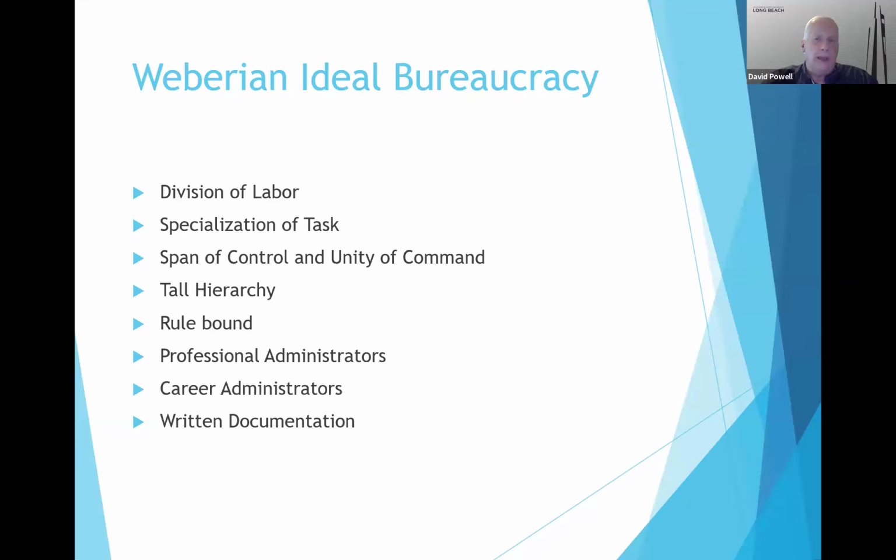It is also rule bound in that the decisions being made in that organization, because we are basing our decisions on a legal, rational type of approach, are going to be based on rules and regulations. The good thing about using rules and regulations is you can protect individual rights by treating people in an equal manner. The rules apply to everyone. The downside, obviously, is red tape. You get too many rules and too many regulations, and you end up with a lot of red tape.